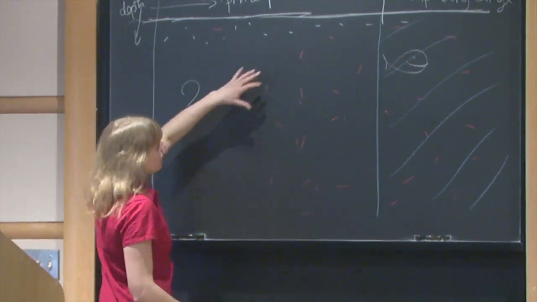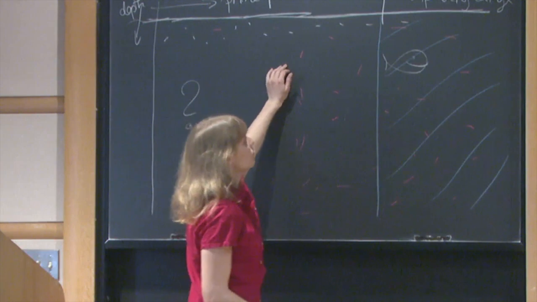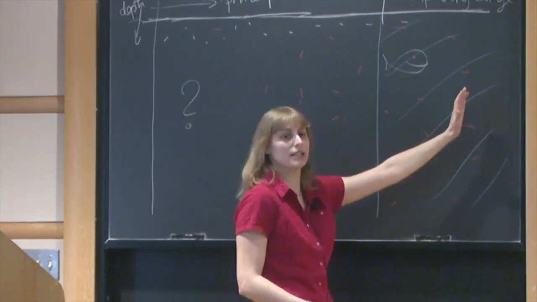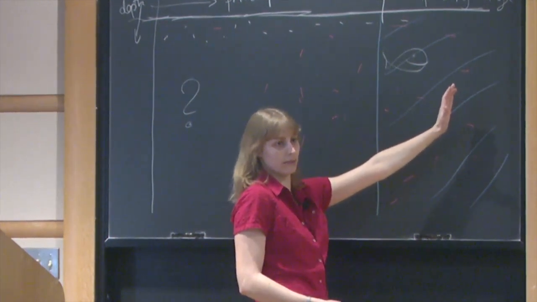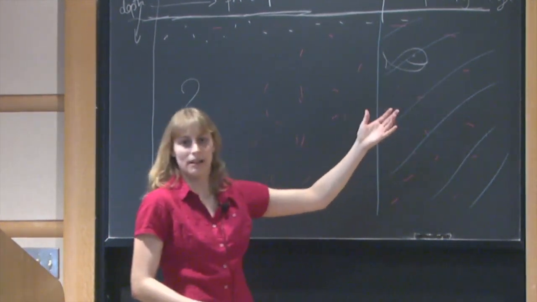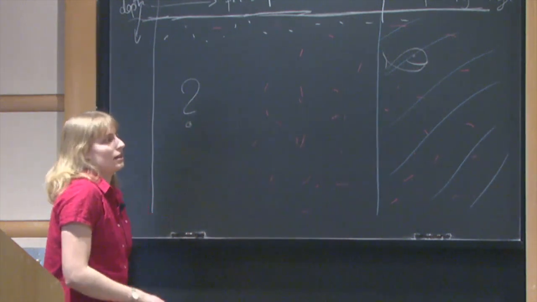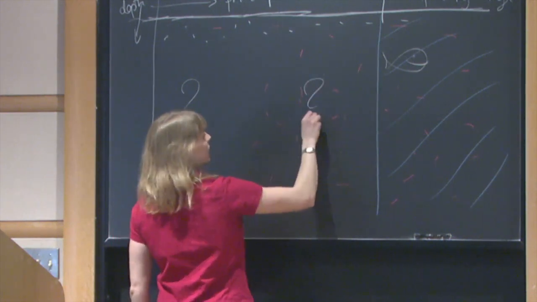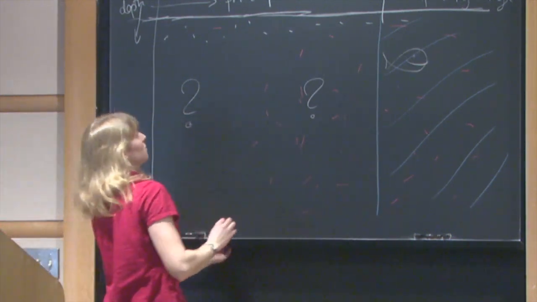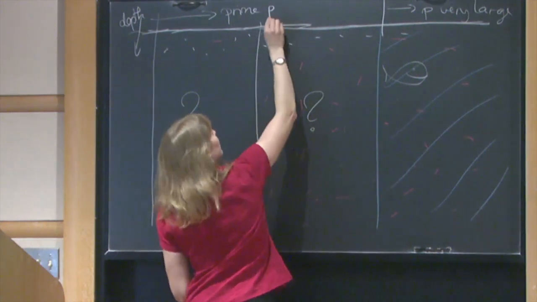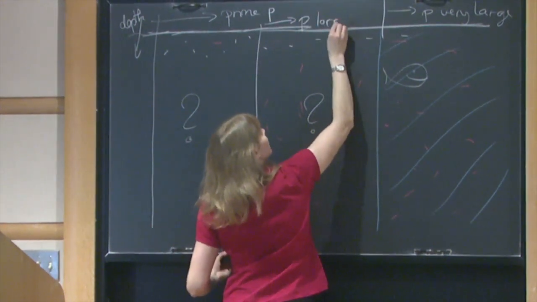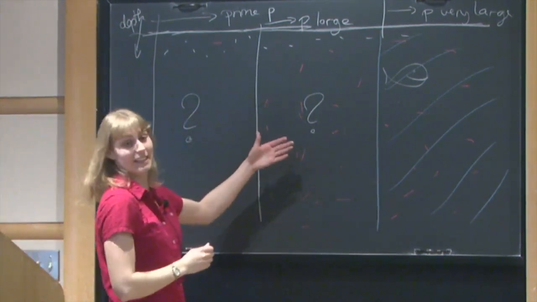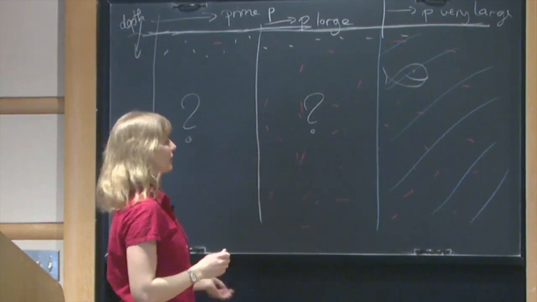And the second question is, I've drawn a bunch of red dots here. Julie Kim showed that for P very, very large, we have everything. So the question is, how large does P actually have to be to get everything from Yu's representation? Yu's construction is very nice. A lot of people used it for various things. So it would be nice to know that actually Yu's construction is exhaustive in a much larger region. So I want to find a prime, say maybe here this is the zone where P is large, not very large, just a minor condition. And want to say here it's actually exhaustive, here we get everything.